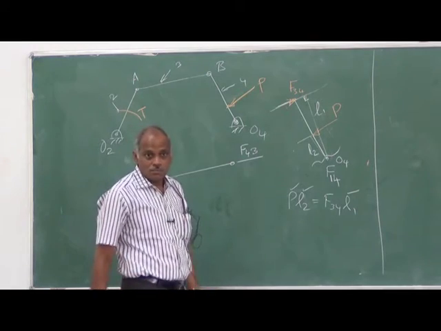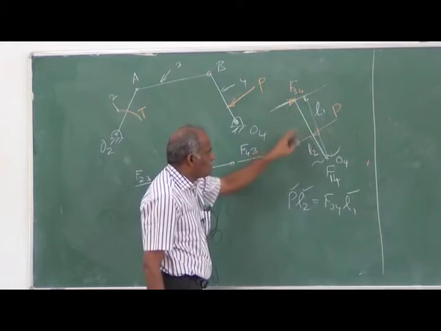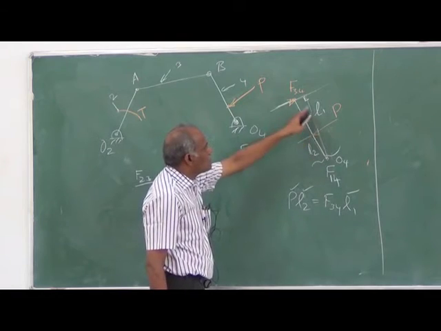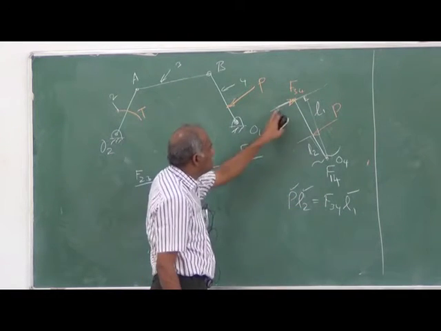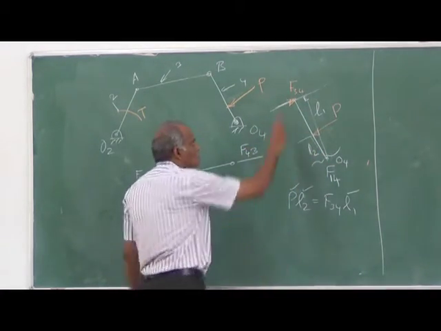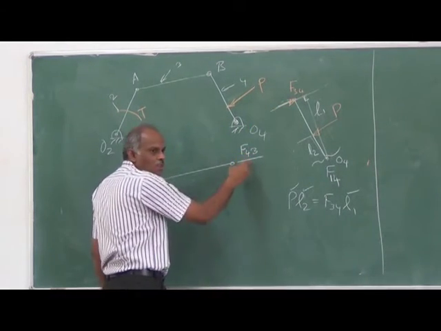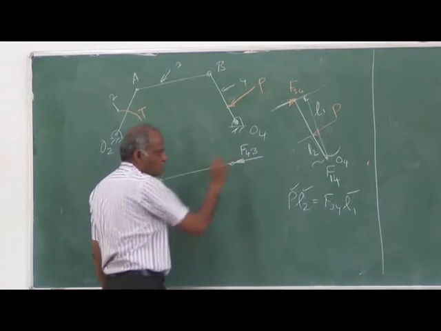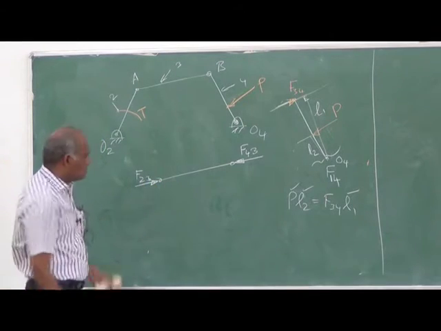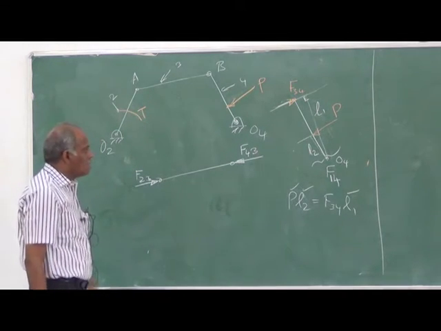Do you have any doubt? So take moment about this. The shortest distance can be measured graphically when you are using the mini drafter. Then you can use this for finding the magnitude and direction. This is producing an anticlockwise moment, so this must be producing a clockwise one. So this is the direction of F34. This and F43 must be opposite, so I can say this will be like this, and therefore this is also like this. So it is a member under compressive forces.